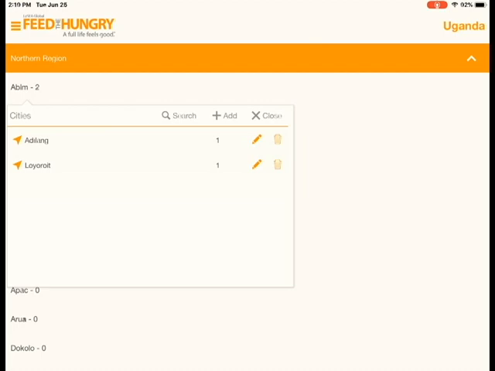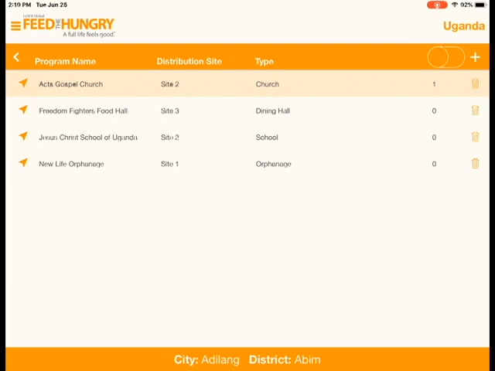If you hit the arrow on the left side, the orange arrow next to Adelang, then it will take you into the different programs that we have created. So we have Acts Gospel Church, Freedom Fighters Food Hall, Jesus Christ School of Uganda, New Life Orphanage. And so I'll take you through here in a moment how to add a program, but first let's talk about